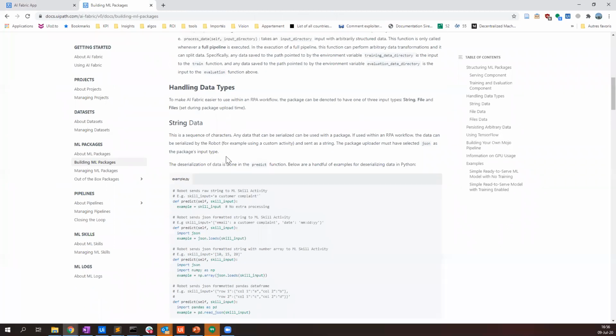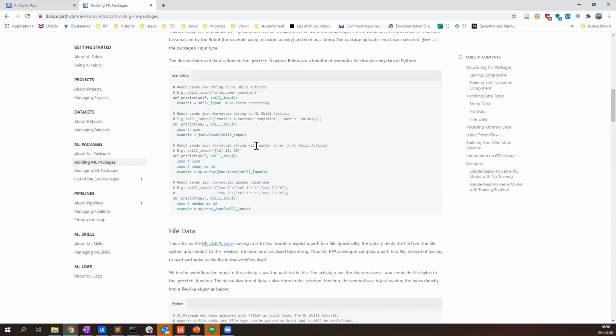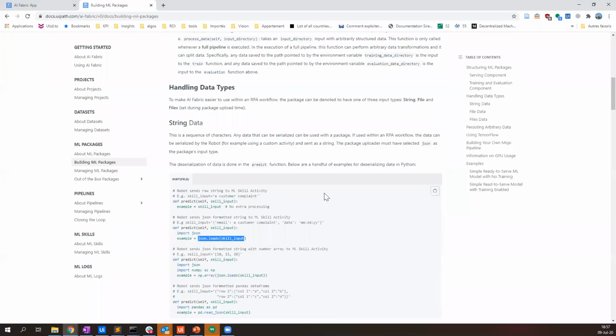What you're really going to pass is a string because it's an HTTPS call. So you need to pass a string. But in a string, you can pass a lot of different stuff. You just need to format the model to be sure that you're able to load it. So if you load the JSON with integers inside, you just have to do this on the Python side, and it will load the JSON. And if there are numbers in this JSON, then it will read them as numbers. It's not an issue. Okay, thank you.